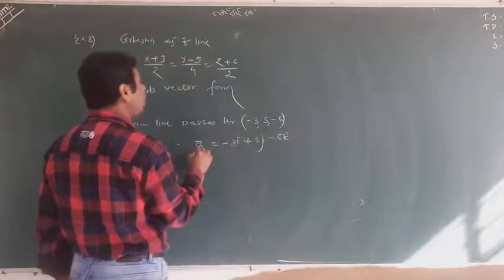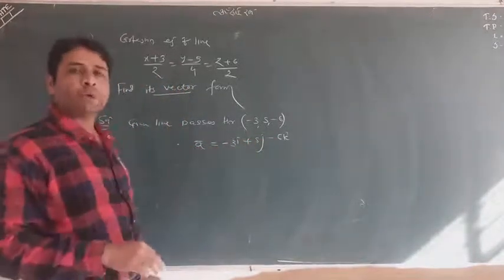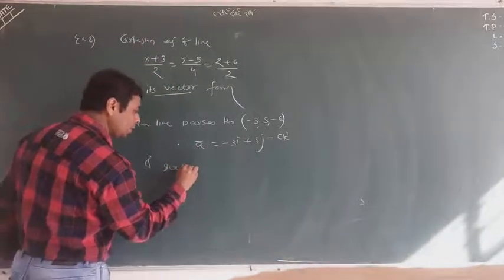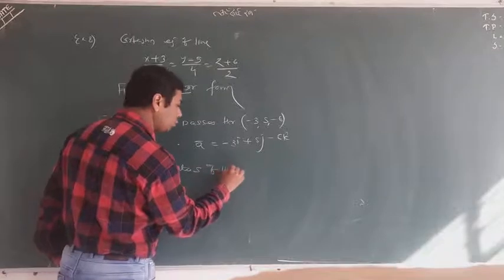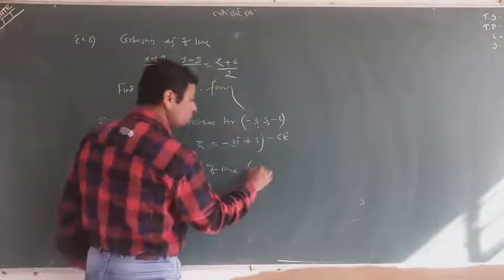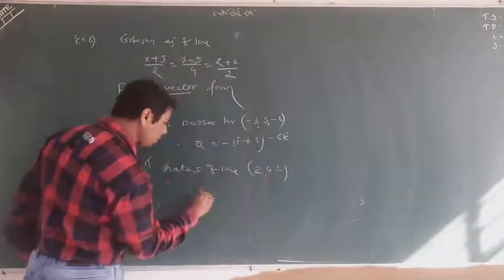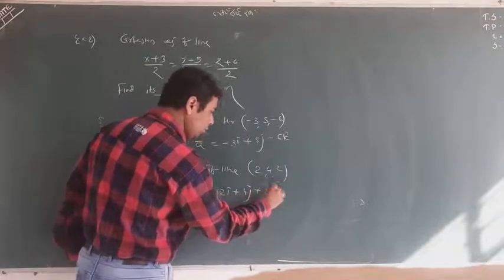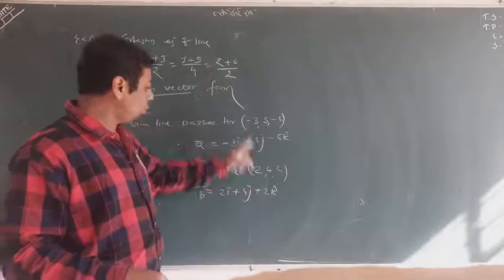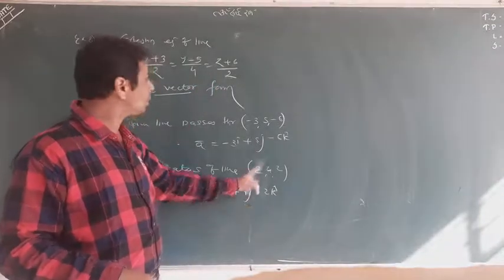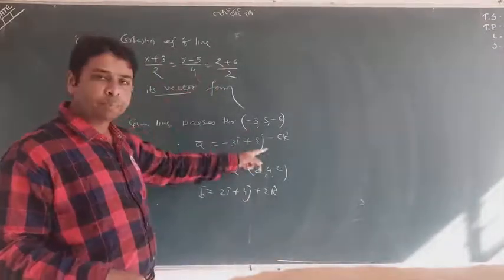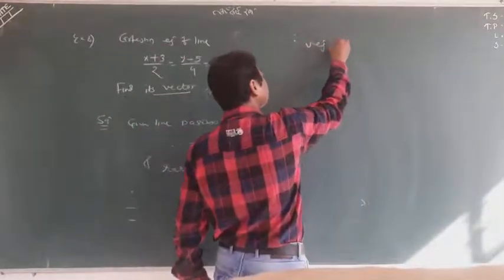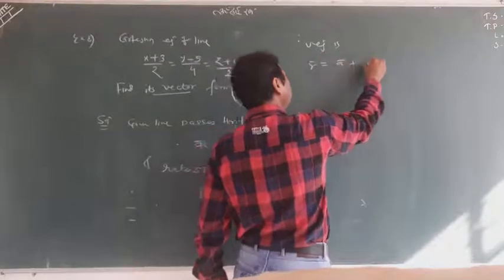Why do we need this a and b? Because we need a vector form, and for vector form we need two things, a and b. And what will I write? The ratios of the line are 2, 4, 2. So your b = 2i + 4j + 2k. So you got a ratio. With the ratio you prepared a ijk ratio vector, and with the help of the point through which the line passes you prepared a. So the vector equation is r = a + λb.